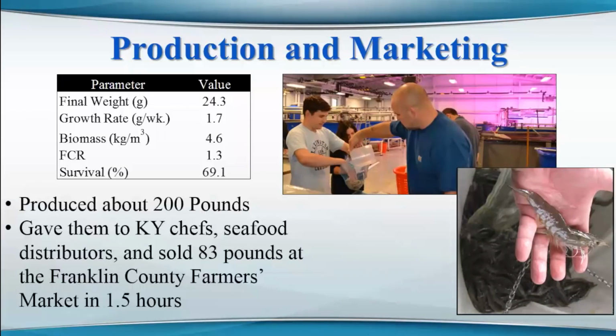We had a little problem with shrimp jumping out of the tank during this run. A big problem. About 10% of the shrimp jumped out, actually, even though we had some big barricades to keep them in. So that reduced our survival by, like I say, about 10%. And now we cover the top of the tank real tightly with a plastic mesh to prevent that. But anyway, we produced about 200 pounds of shrimp, and we gave